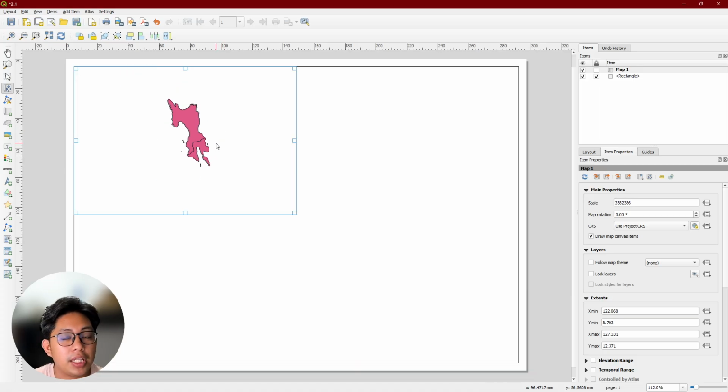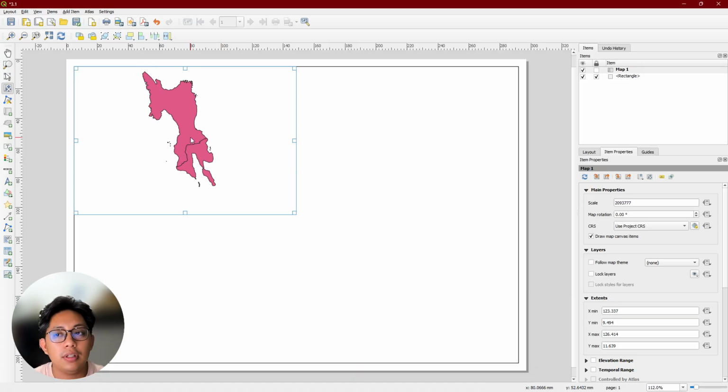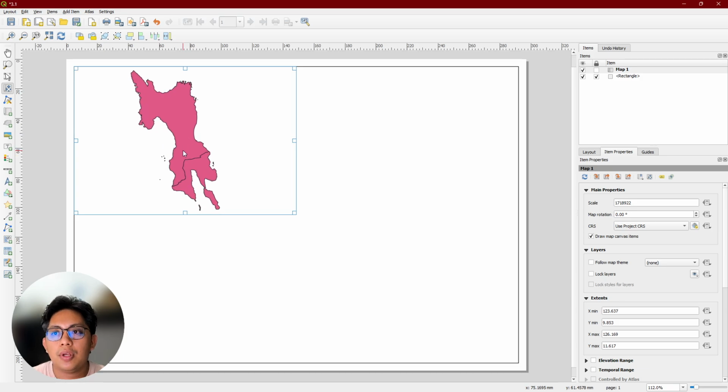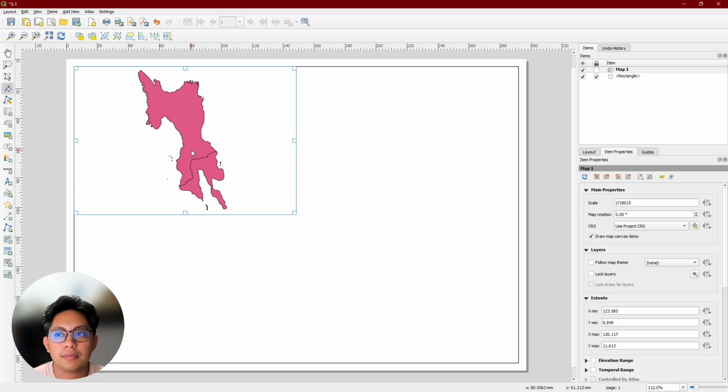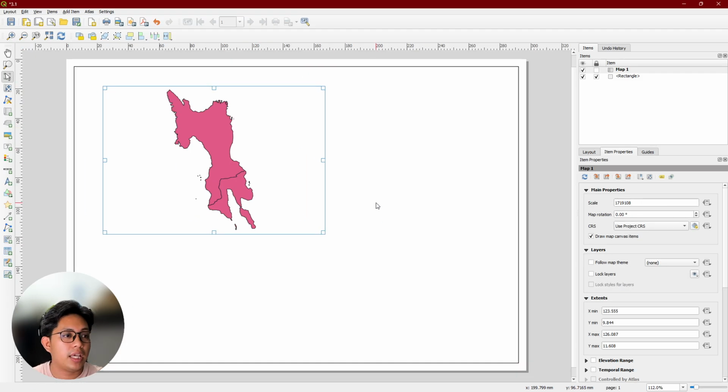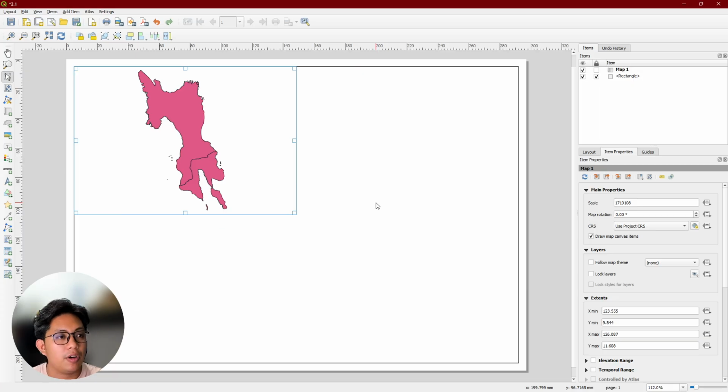And same kanina, pressing control while scrolling will allow you to do that minute adjustment that you need. But sir, I cannot click outside anymore. Just go back to select move item, and you're back to moving that thing around the map or around your paper.